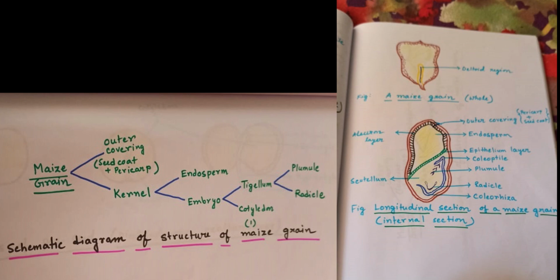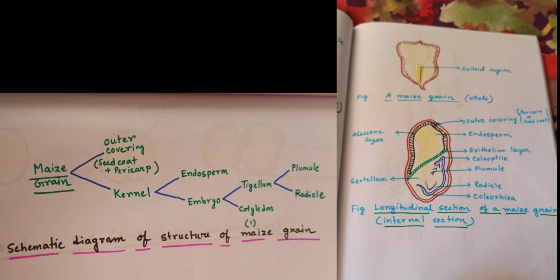So what is a monocot seed? Monocot seeds are the seeds which bear a single cotyledon, that is maize seed, rice seed, wheat seed, etc. If you look at the maize seed, how is its structure? Maize seeds are flattened and rectangular in shape, having golden yellow color, and on the outer flattened surface a wheatish depression is present, which is called the deltoid region.